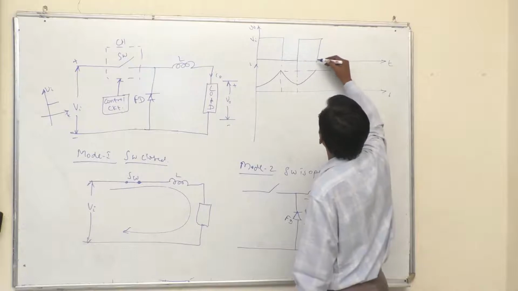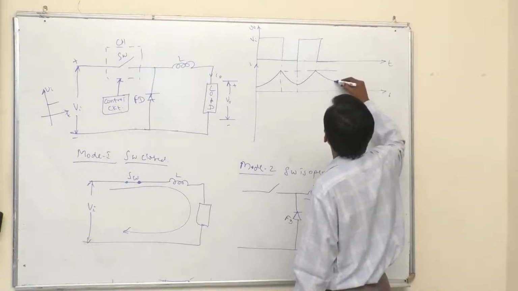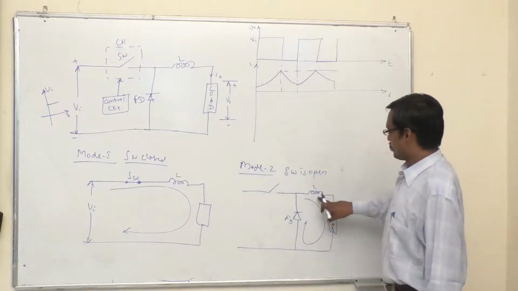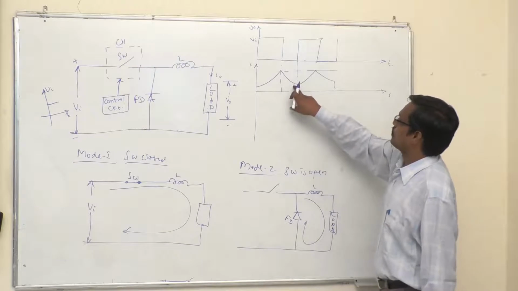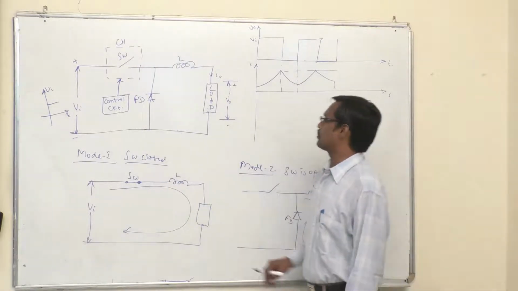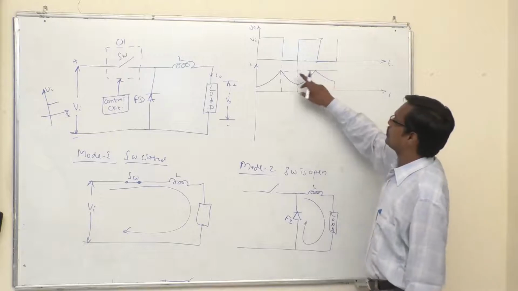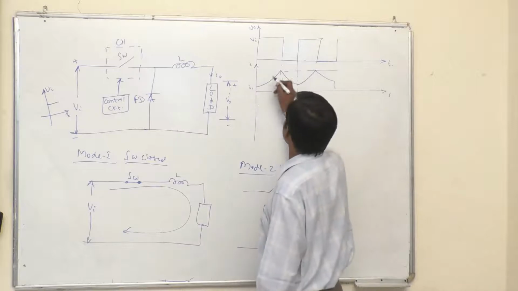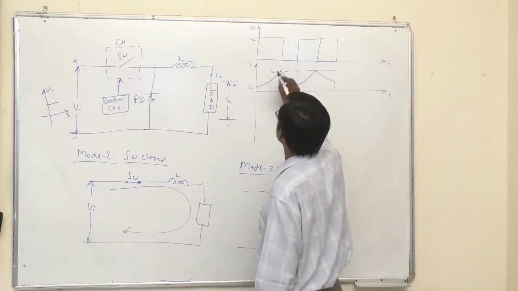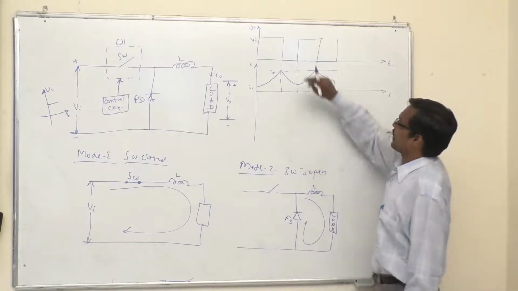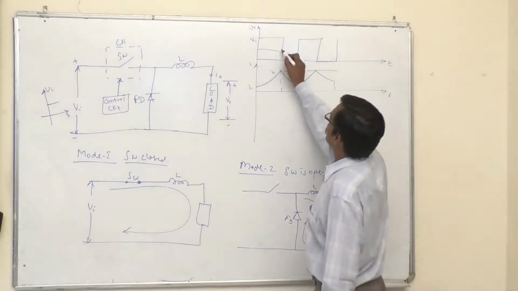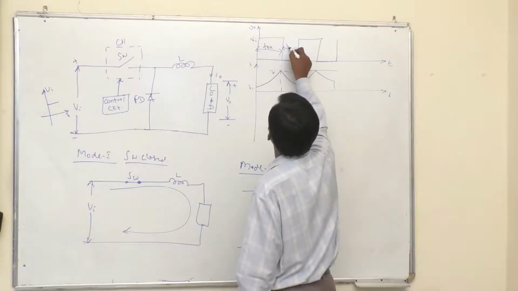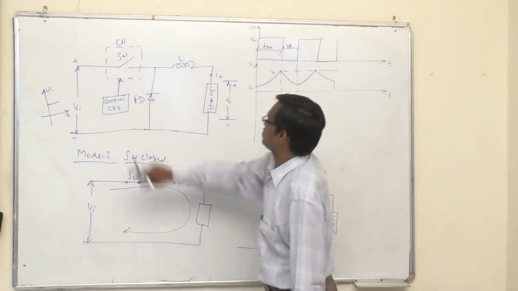So in this way, it starts flowing. At the end of mode 2, when the switch is closed again, the current starts increasing. So the current is increasing and decreasing from some current level I1 to I2. During this time, this is the turn on time of the chopper switch, and this is the turn off time of the chopper switch. The chopper switch is this one.